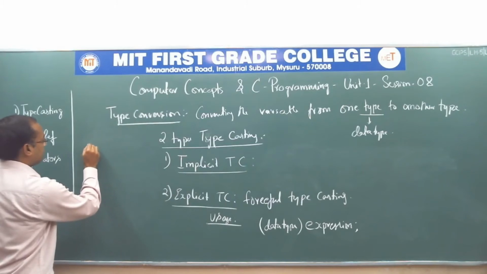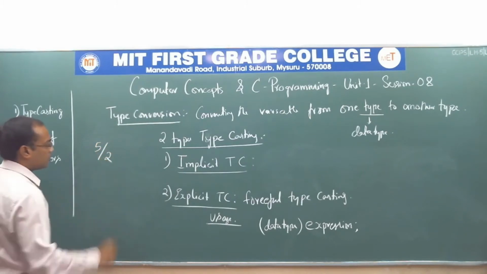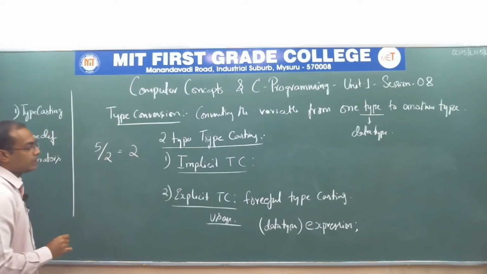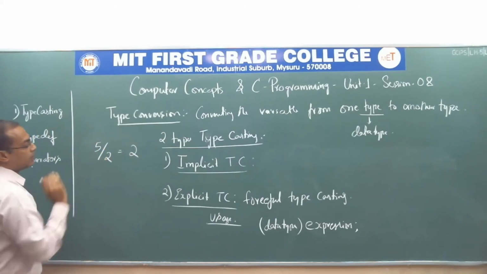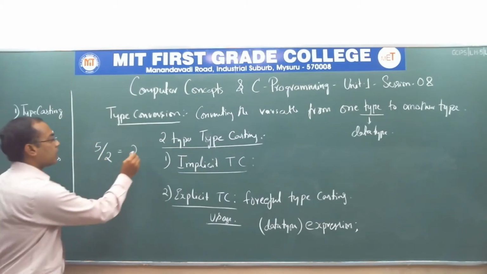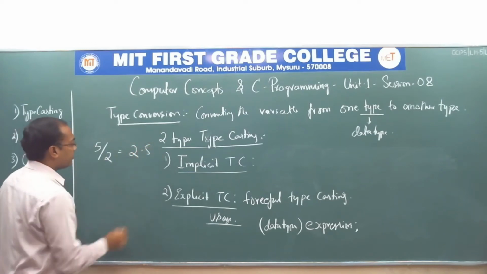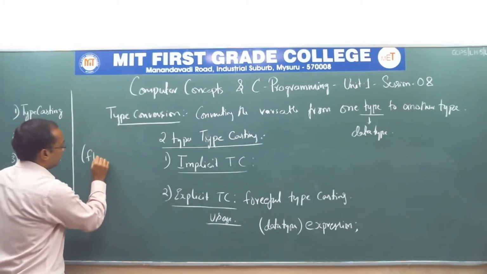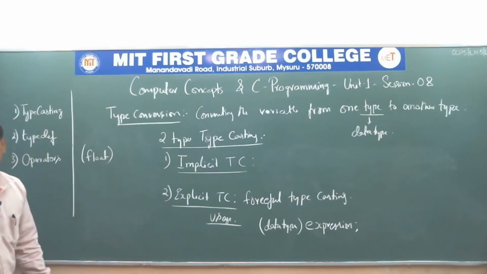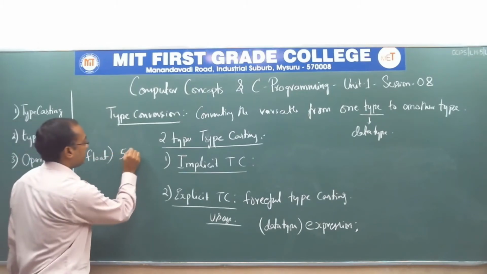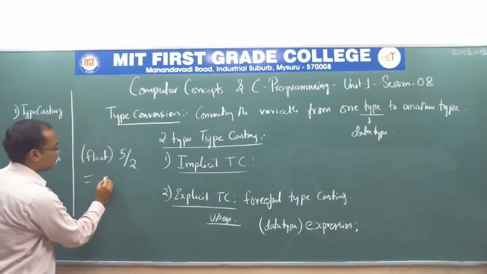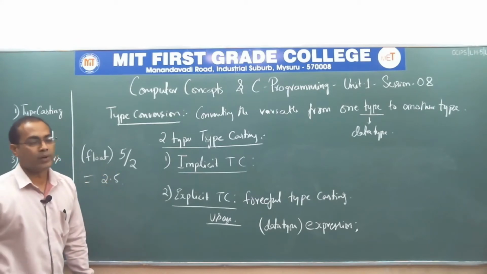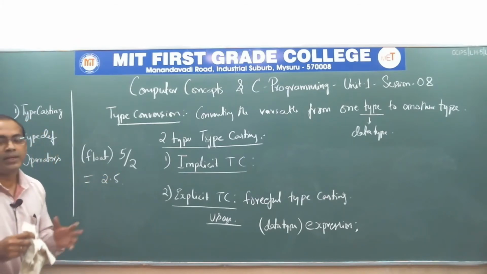Now we'll take the example for this. So let's take the same example, 5 divided by 2. What output are we getting in this case? 2, because both are integer. But we want the actual division of 5 divided by 2, which is nothing but 2.5. So if we want to get this, we have to write the destination type. What is the destination type? Floating type. What is the expression? 5 divided by 2. So if we execute this, we will get 2.5 as result, or the expression will be evaluated to 2.5. I hope you have understood the concept of typecasting.